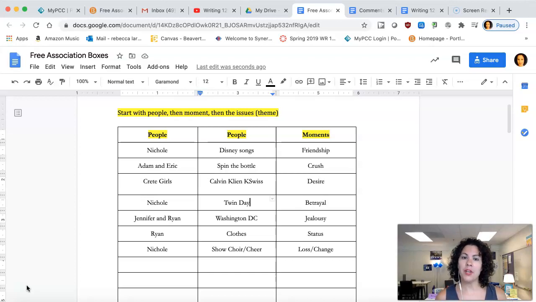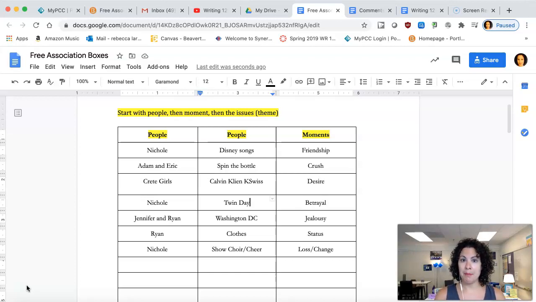So I'm going to model it for you here. This little setup with boxes is just to help your brain get back into those memories, to help you kind of brainstorm some of these ideas. So I call them free association boxes, things that you kind of associate in your mind that we will kind of draw out.